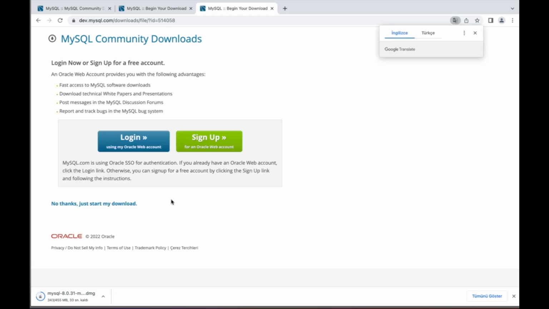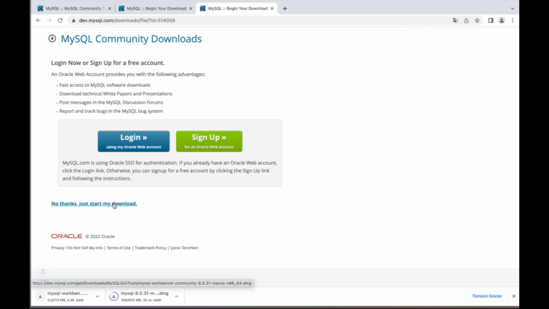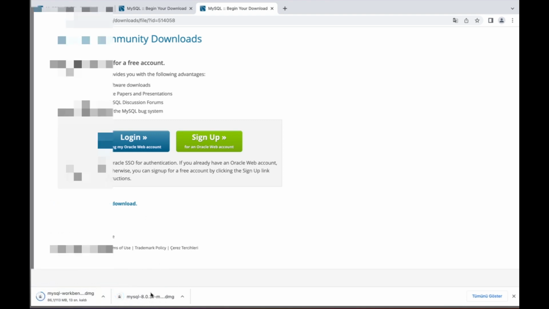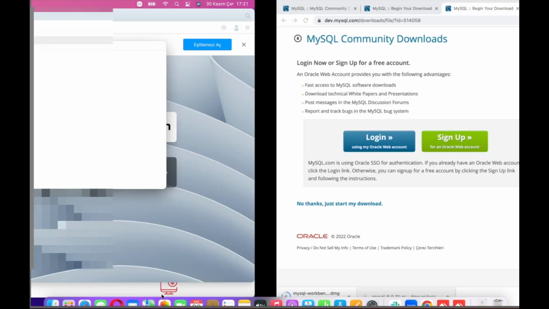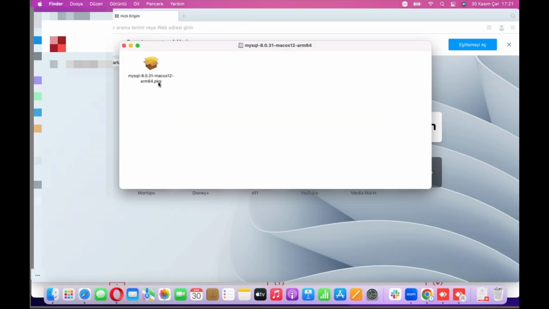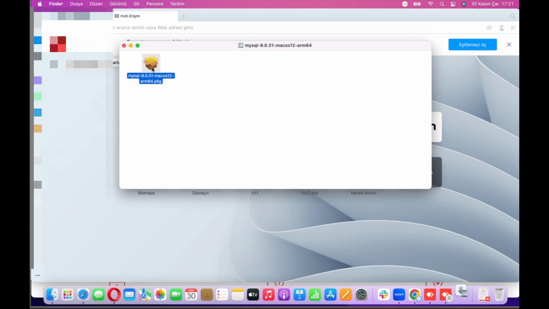So it's downloading. We have downloaded community server file. Just click it to get it started and